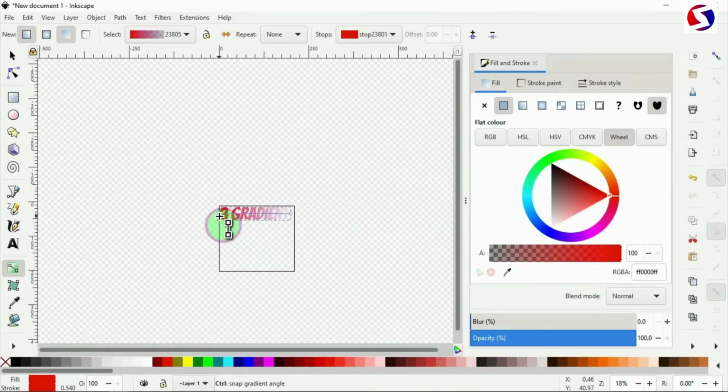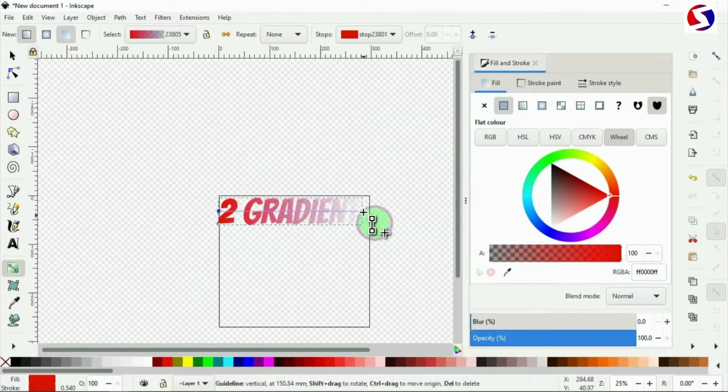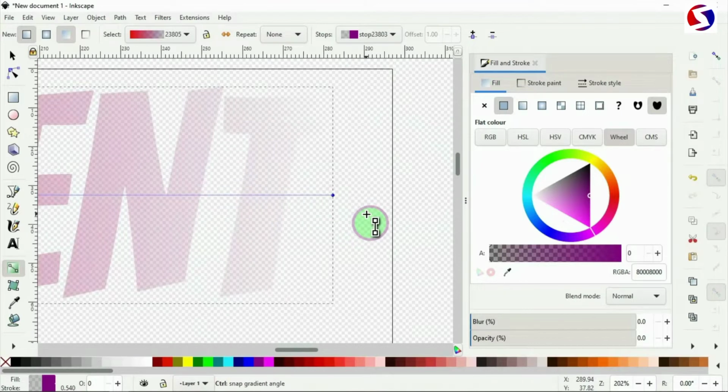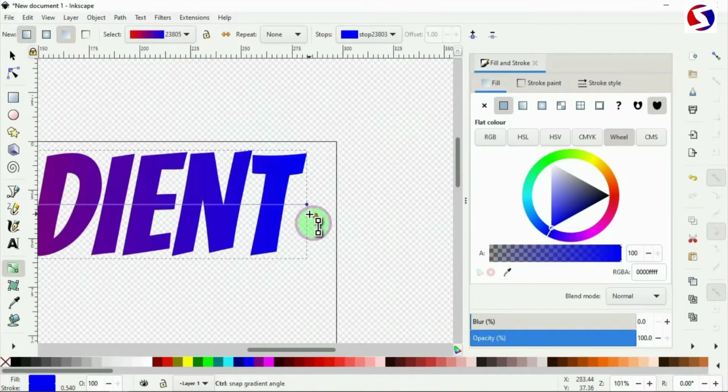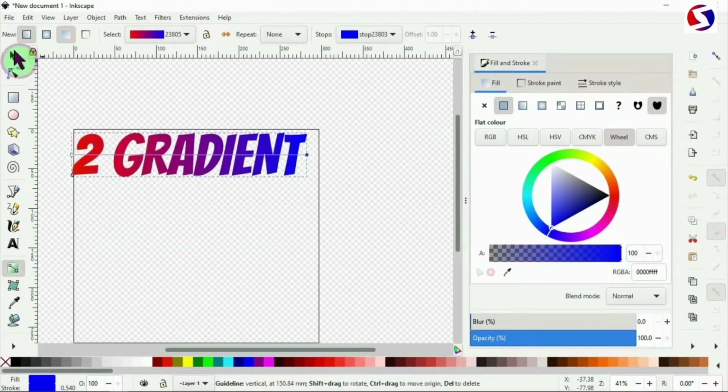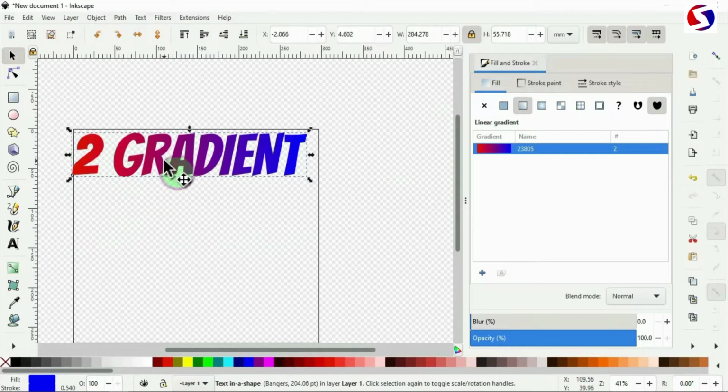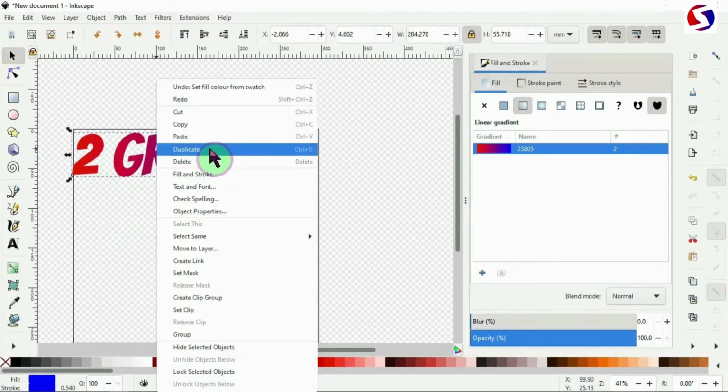Then come to the second node and select the node itself. So click on that dot. That's the second node and give it your own color. For this, I give it a blue. And that is our first 2 color gradients. Select it and duplicate. I can use Ctrl D or Command D to duplicate as well,